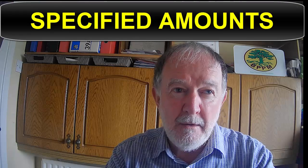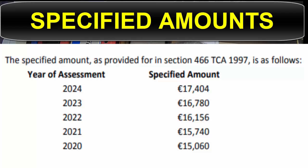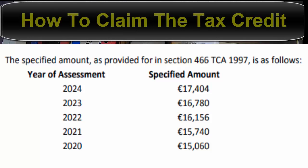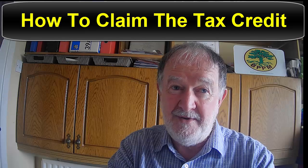her carer. Specified amount. The tax credit is reduced to nil where the dependent relative's income exceeds the specified amount. The specified amount, as provided for in Section 466 of the Tax Consolidation Act 1997, is as follows. Year of assessment and the specified amount: 2024, €17,404. 2023, €16,780. 2022, €16,156. 2021, €15,740. And 2020, €15,060. How to claim? In claiming in the current year or in the real-time year, the tax credit is